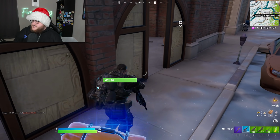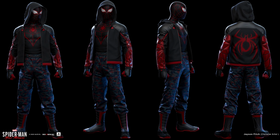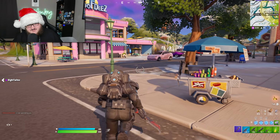But something else to mention here is the specific suit Miles Morales has in the image. You can see a more HD image from a completely separate game on screen right now, and it is the end suit or outfit for Miles Morales. So it appears if Miles Morales comes to the game, they'll most likely have this variant of their different outfits, but they might have, you know, a normal suit variant as well. We obviously don't know until they get added to the Fortnite Island as an official cosmetic, but it is something